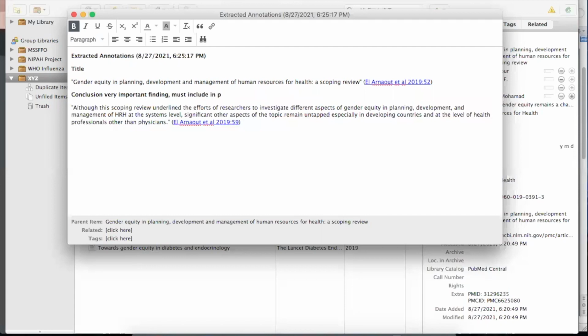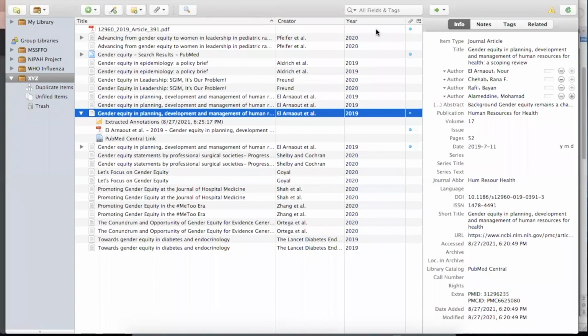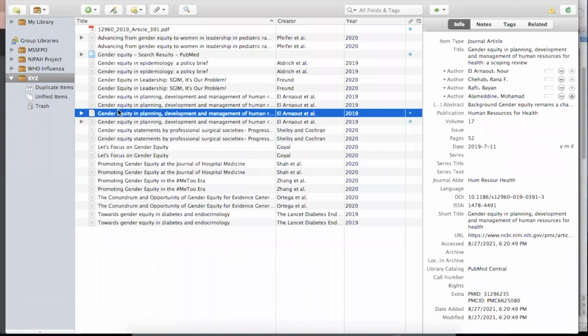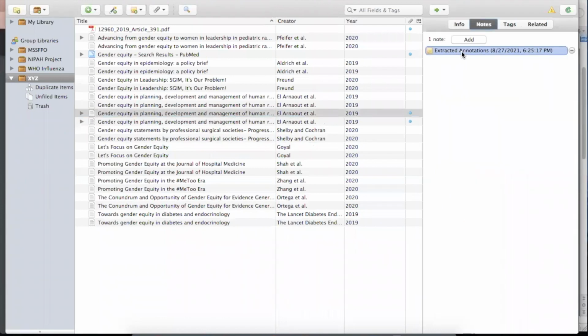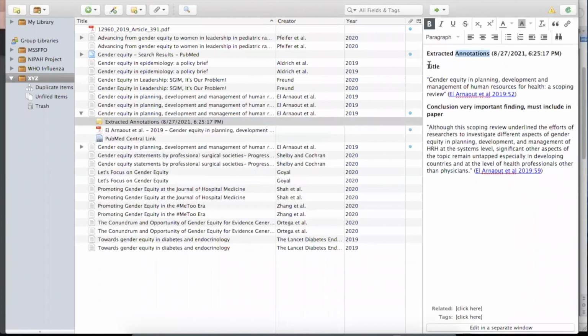I can type all these and save it as a note. So if you click on the parent item and go to notes, you will see the extracted annotations. You'll open it and you will see the annotations that you have extracted and the notes that you have added afterwards.